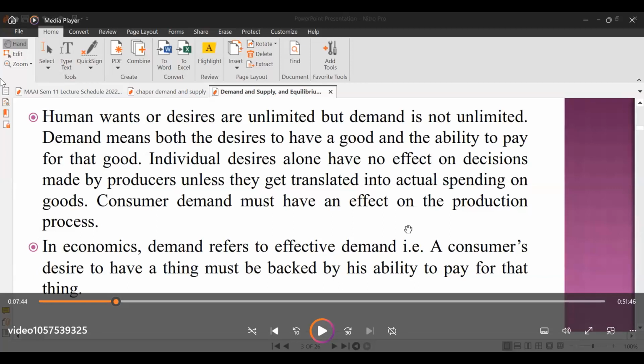So under demand and supply, when we consider about the